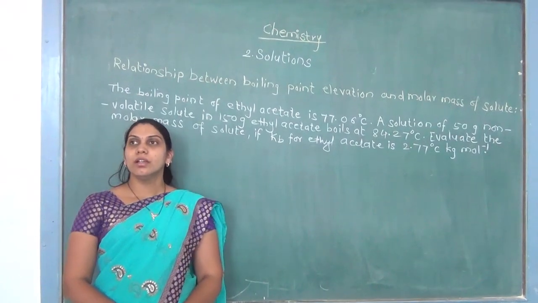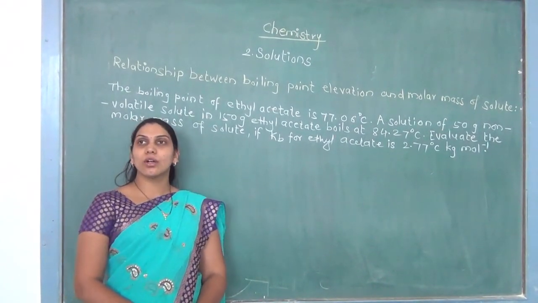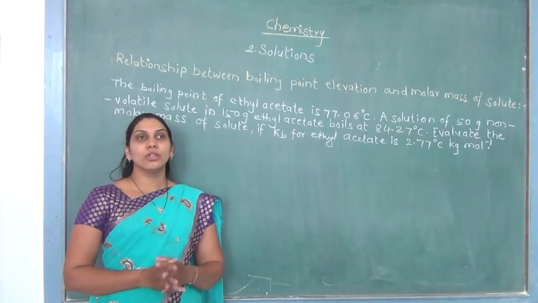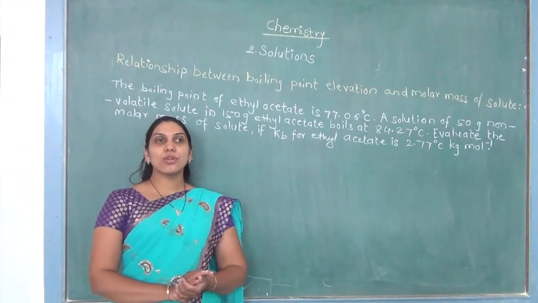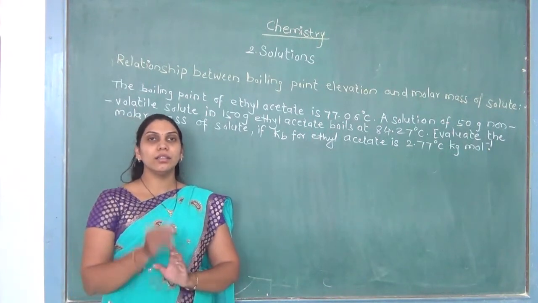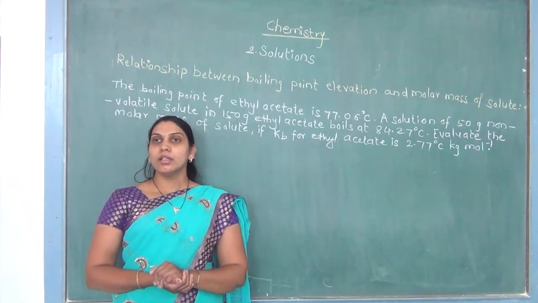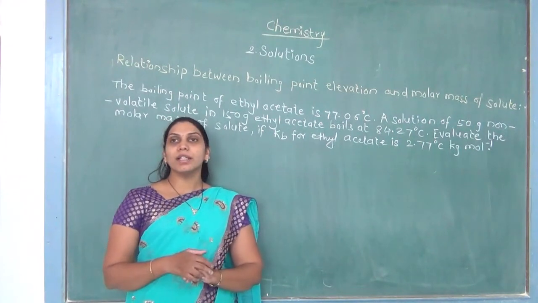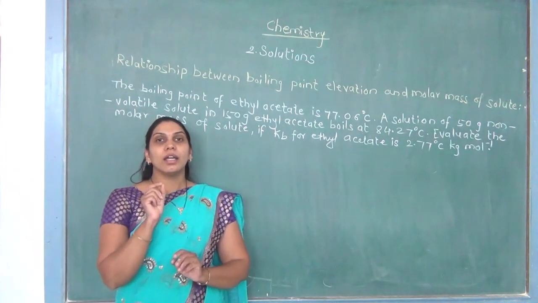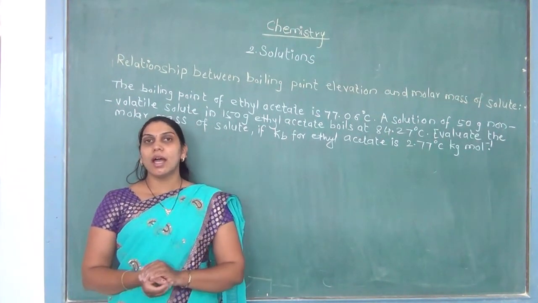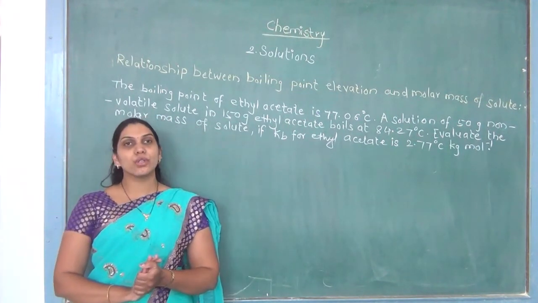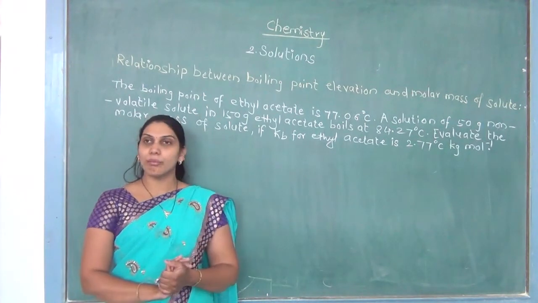We have studied one colligative property called boiling point elevation. In that, first of all, we studied what boiling point is. Then we saw how the boiling point of a solution is increased by adding a non-volatile solute into it. We learned that part using the graph. Then we have seen the concentration of the solution and the elevation in boiling point. We have seen the relation between concentration of solution and the elevation of boiling point.